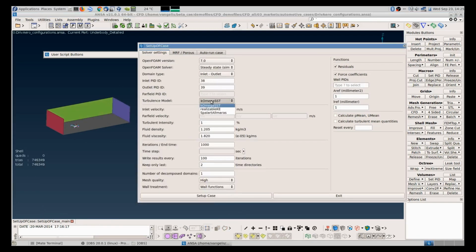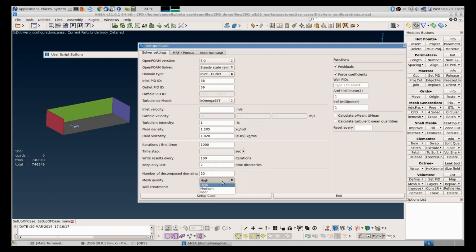You specify the turbulence model, k-omega. Some parameters for the flow, turbulence intensity, and viscosity, number of iterations, how often to write results, how many time steps to keep. Let's say decompose this to 20 partitions.